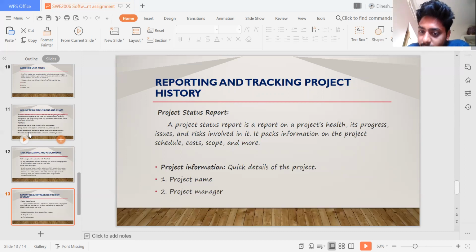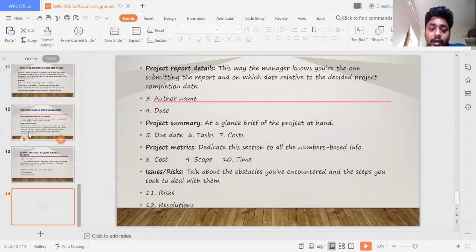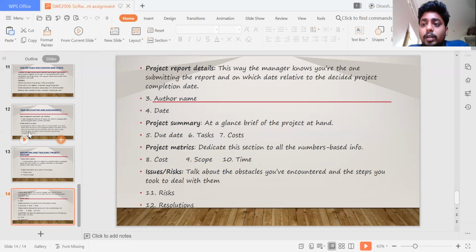In the project information, we give the project name, project manager, and project report details, because this way the manager knows who is submitting the report and on which date. Then the author name, date, and a project summary, a brief at-a-glance view of the project at hand and its due date.